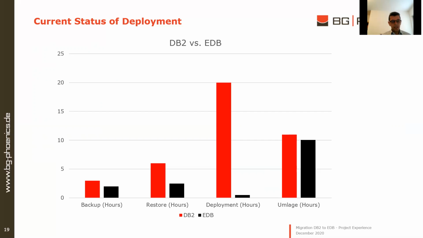From a performance perspective, we are now 10 to 20% faster in comparison to the old DB2 database environment. And this is a very good indicator for us, because the old code was optimized for DB2 over 10 years, and for EDB Postgres, we have now 1 year. But you need the right parameter set, and as I said, you can find a parameter set as a good starting point in the reference.